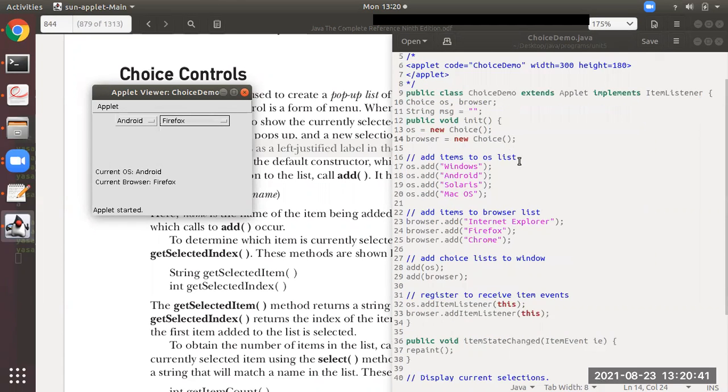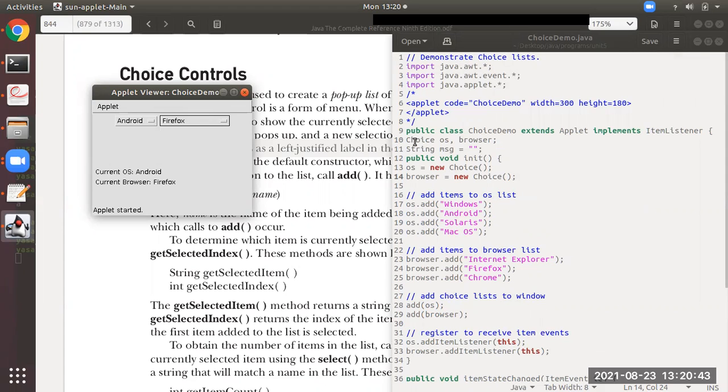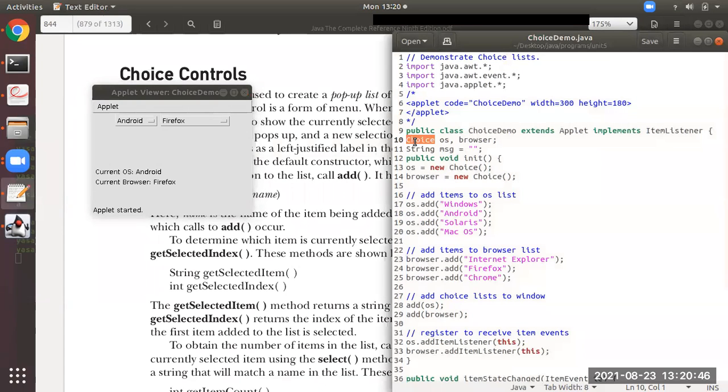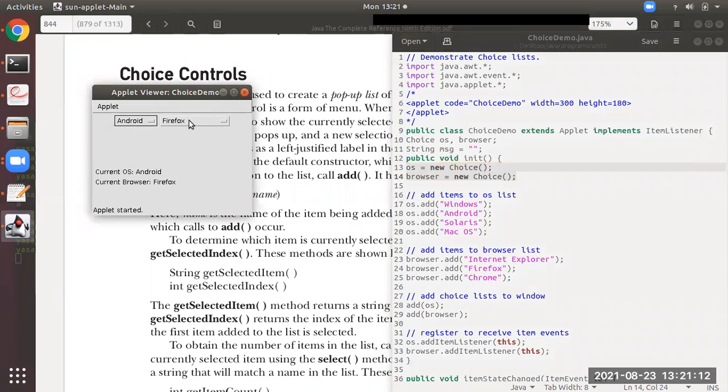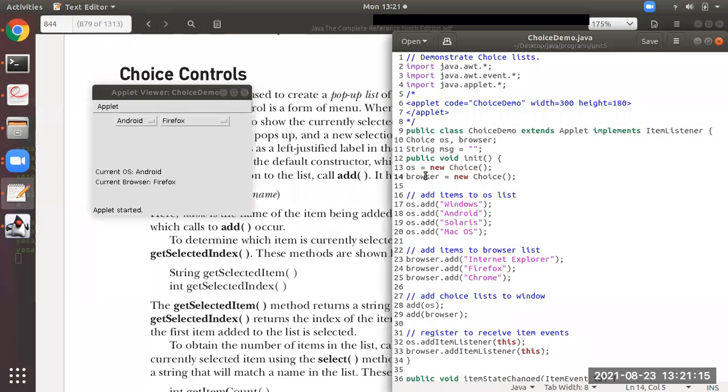So see students, same concept, but the initial thing is that this class, the pop-up list, belongs to the class Choice. So you have to create objects of the Choice class. There are two references instantiated here, line numbers 13 and 14. Why two? Because you have got two pop-ups. For the first pop-up, the object is OS. For the second, this is for the browser. So this is the second object of the Choice class.